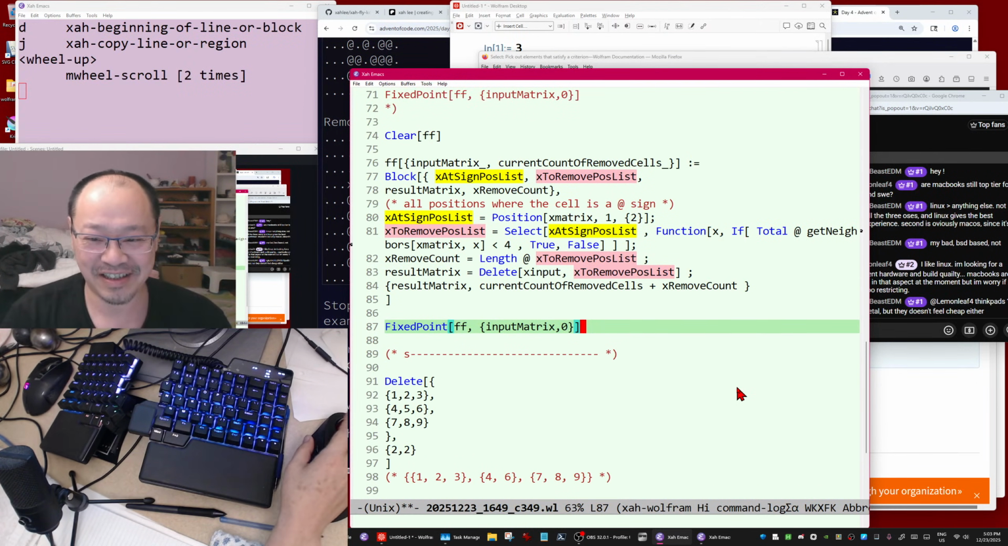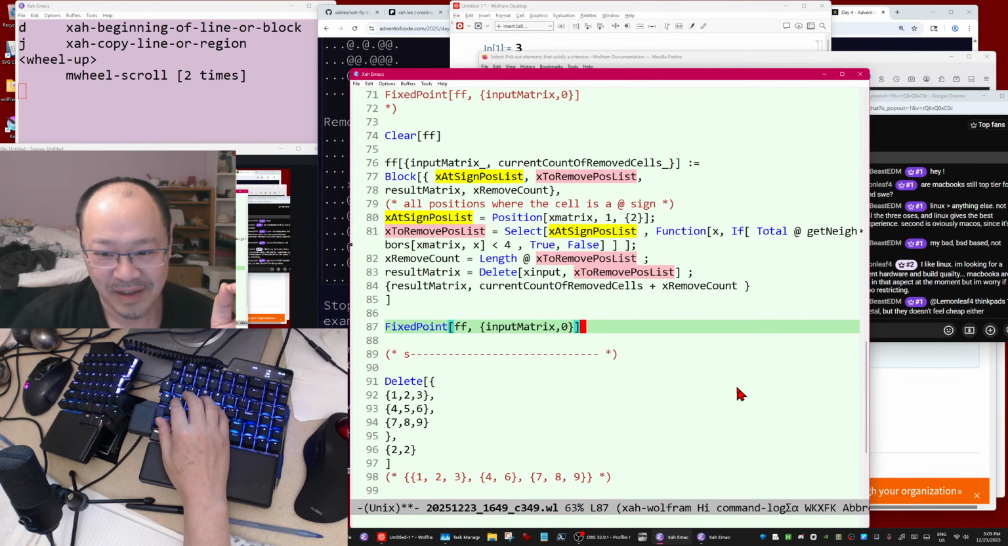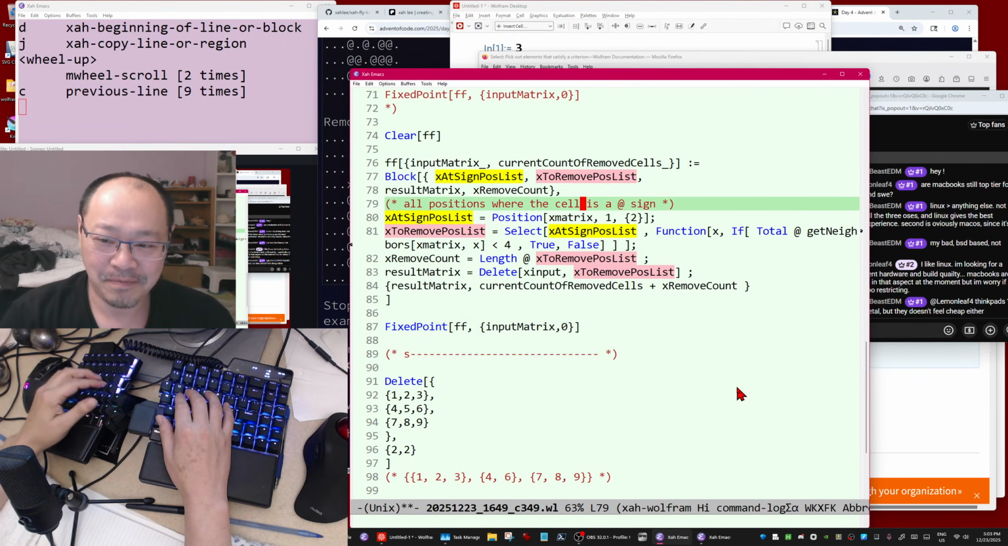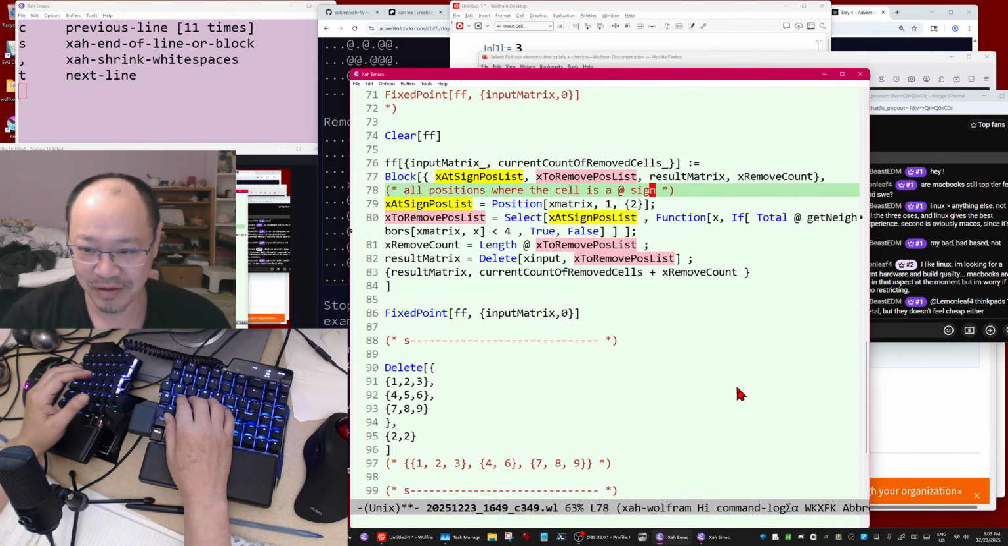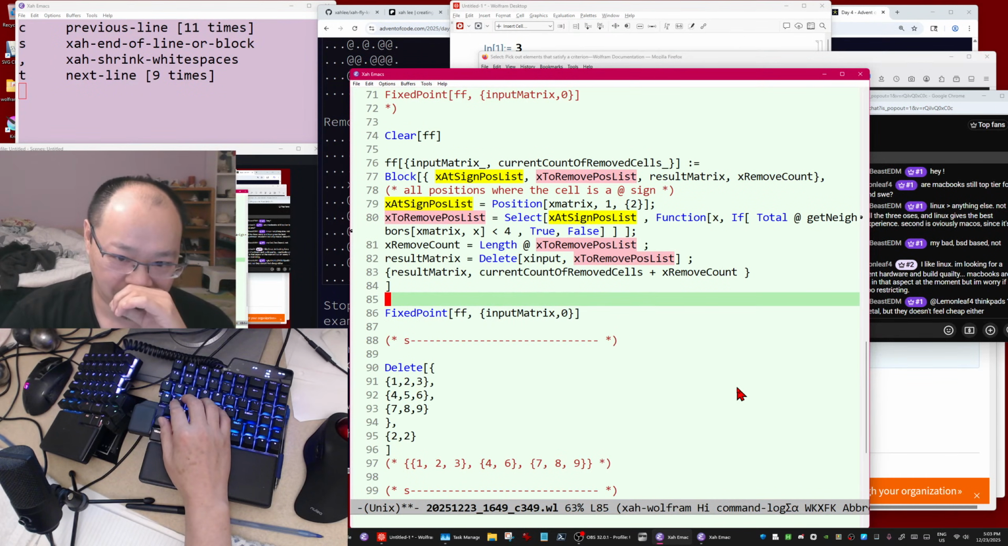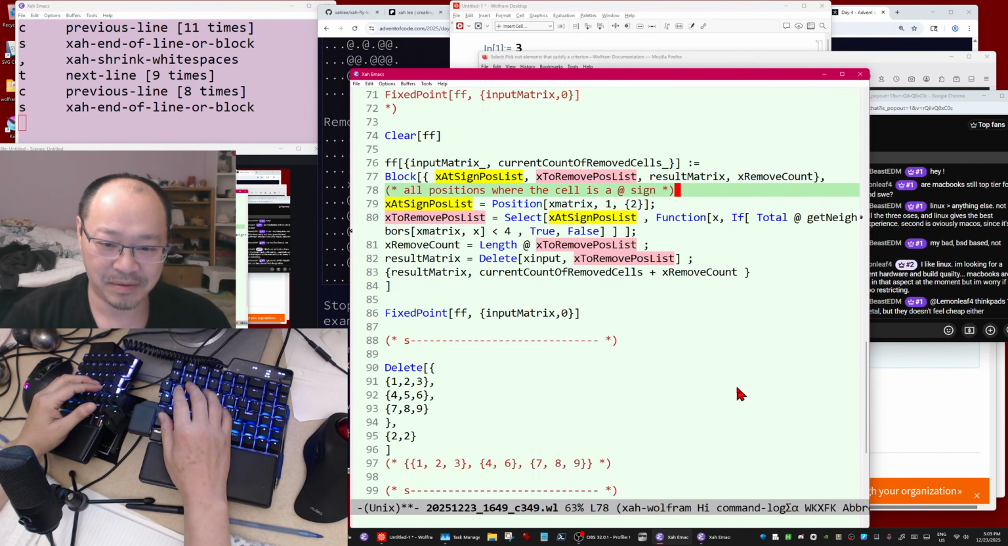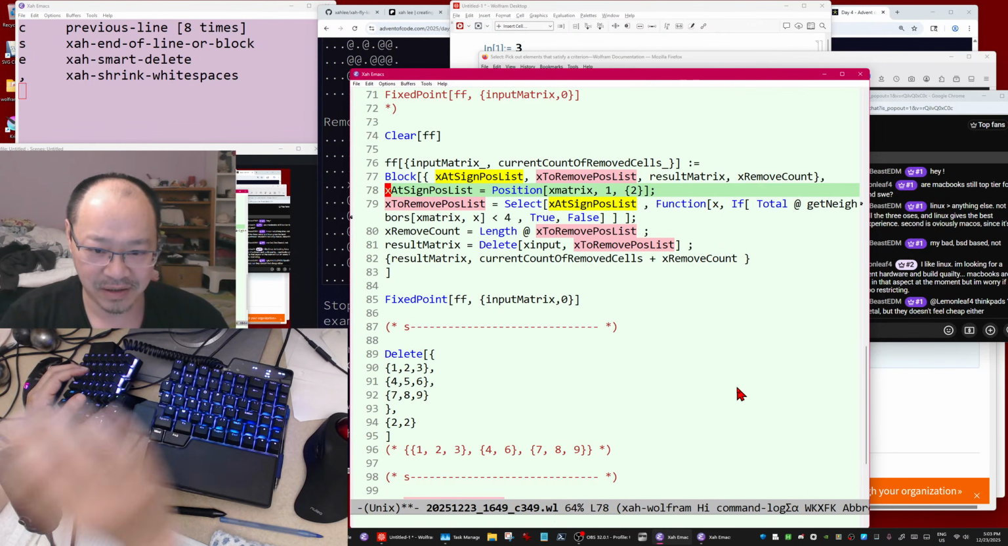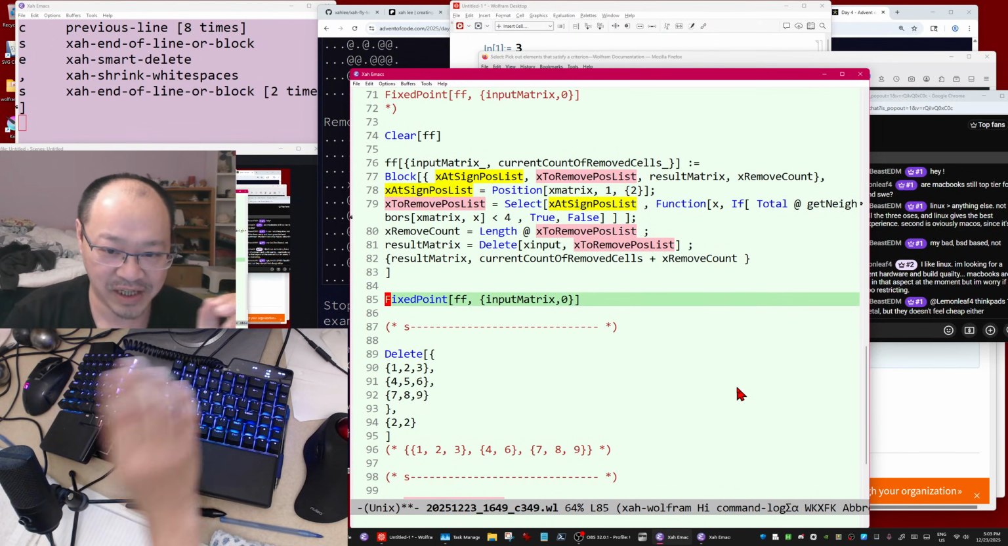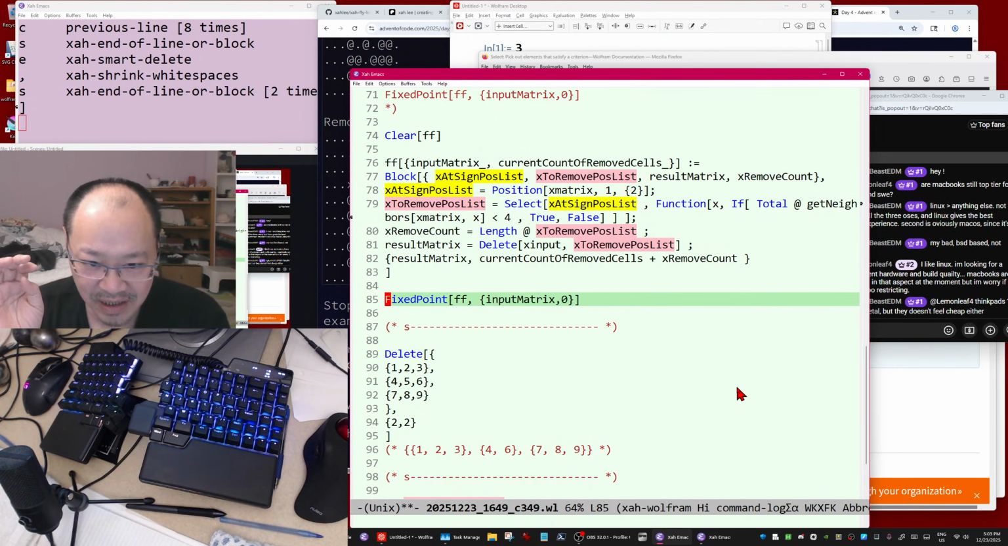Okay, let's check one last time. Compact the code. We don't need this comment, it's redundant because now the naming is clear: assign position list. So let's check one more time. This function,